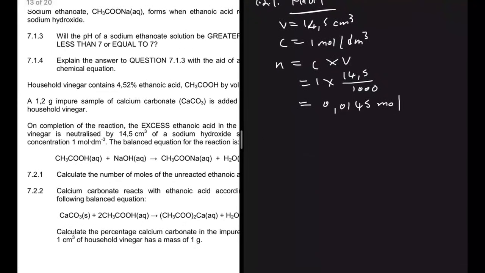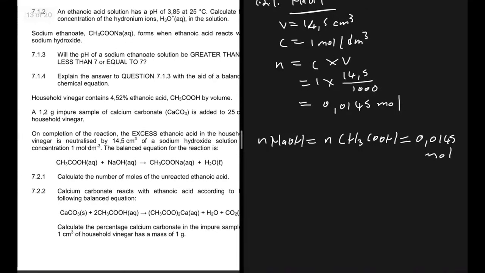The balancing coefficient of our ethanoic acid is 1, and the balancing coefficient of our NaOH is 1. So the number of moles of NaOH is equal to the number of moles of CH3COOH, and then that will be 0.0145 moles. But what if the balancing coefficients were not the same? I've solved a similar problem with that kind of situation, so I would advise you to go and check it out. So moving forward, we have